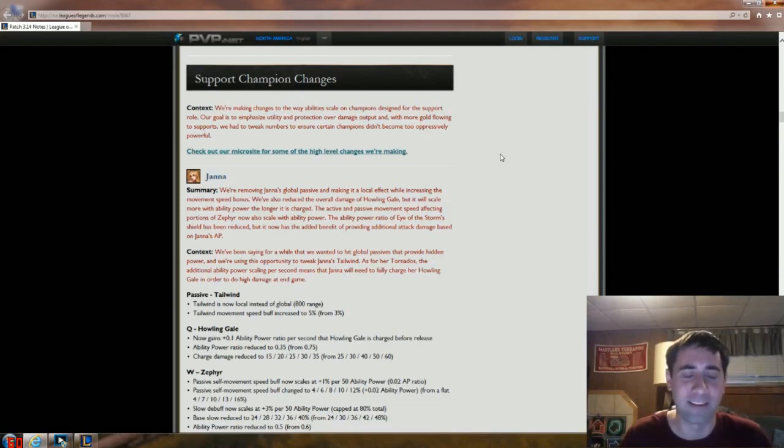you can only have 3 on the map at once. And you can't buy oracles at all because they no longer exist in the game. So what this means is supports will now be buying items, like real items that have real stat values to